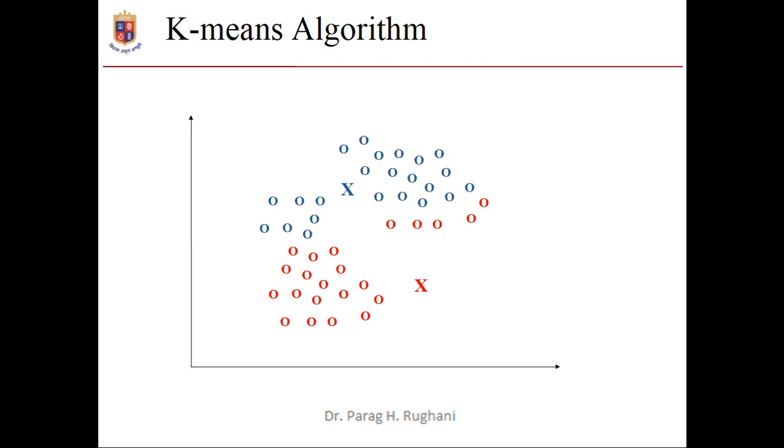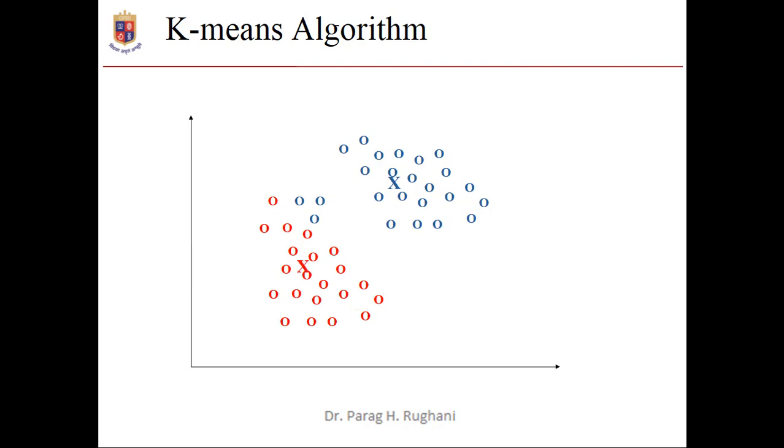So if you calculate the means and then try to improve the model, you would find that your next centroid would be placed somewhere here for the red cluster, and for the blue it would be somewhere here. And after having the new cluster centroids, again we need to cluster all the points. If you cluster them again, you will see that most of the points are clustered properly except a few in the red zone which are shown as blue. So again you need to calculate the mean of all the points in the same cluster, and that mean will become your new cluster centroid. Let us do it one more time and you will see the improvement.